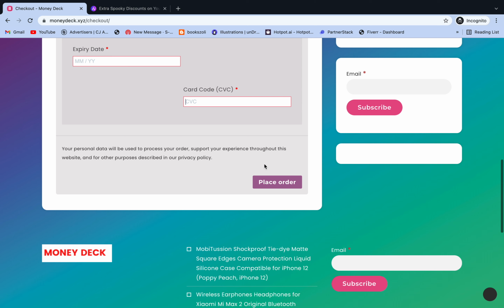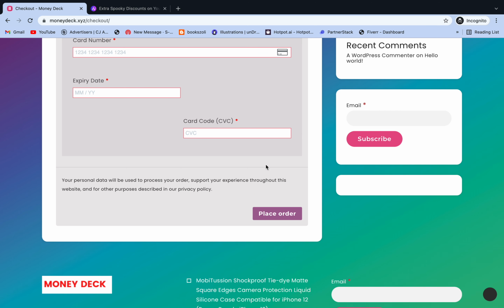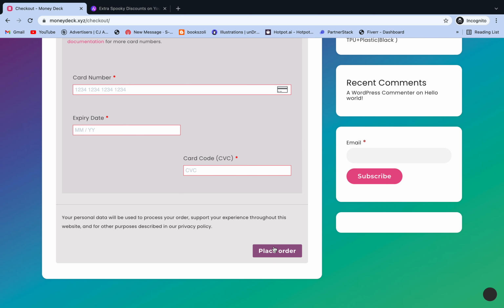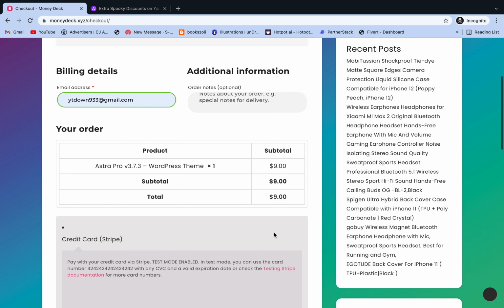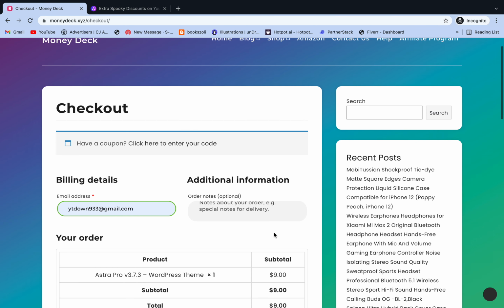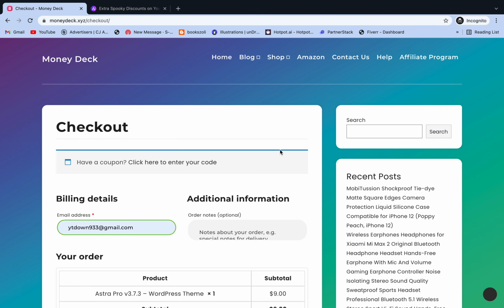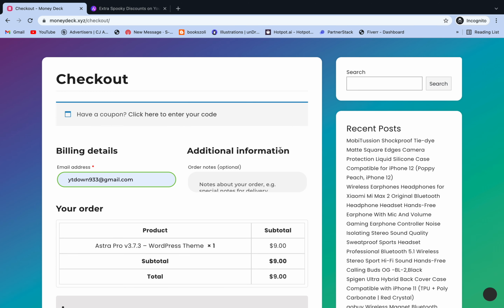You'll get a digital marketing toolkit that will help you grow digitally. So just enter your details and place order, and I won't discuss it much because you are well aware how to place an order. Then just click on OK, and you'll get your downloaded file as a zip. Just upload that zip file in your WordPress dashboard, and your Astra Pro theme will be activated.